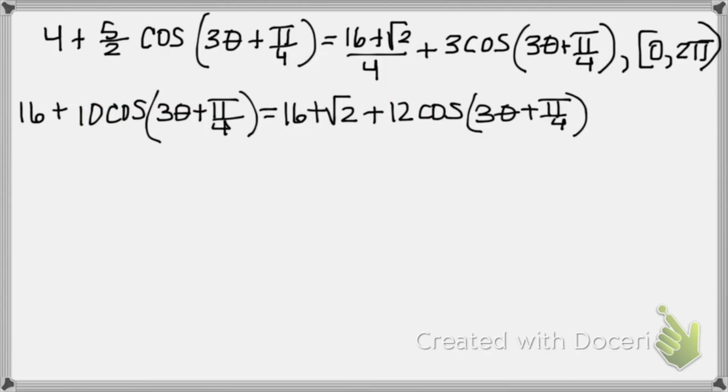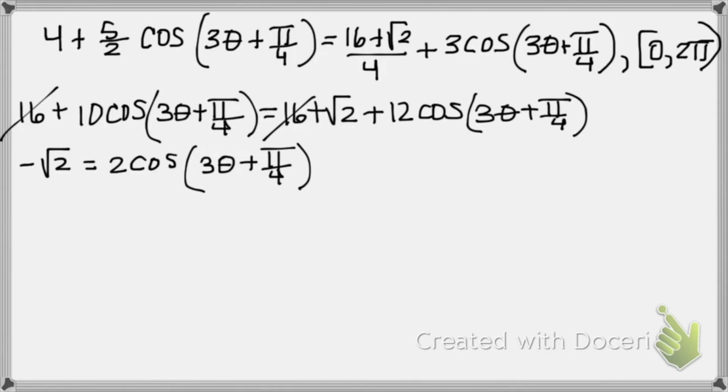Let's move them to the right. And let's notice that we have the 16, right? So the 16 cancels out. And I'm also going to move this over to the left side. So what happens there? I get negative rad 2 equal to 2 cosine of 3 theta plus pi over 4. Then I'll divide by the 2, so negative rad 2 over 2 equals cosine